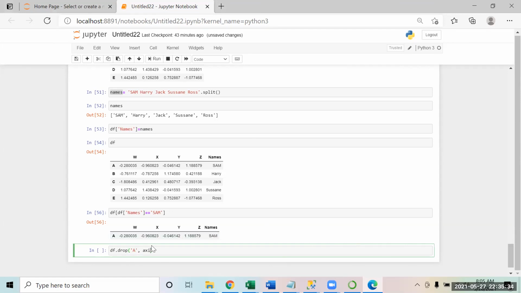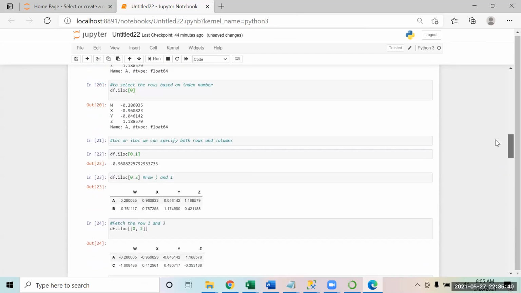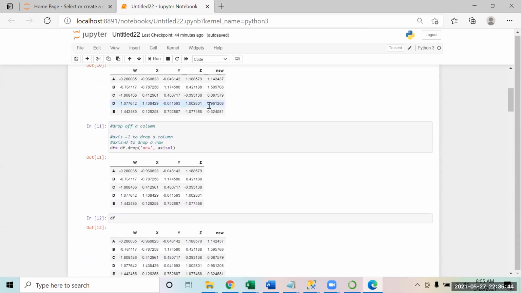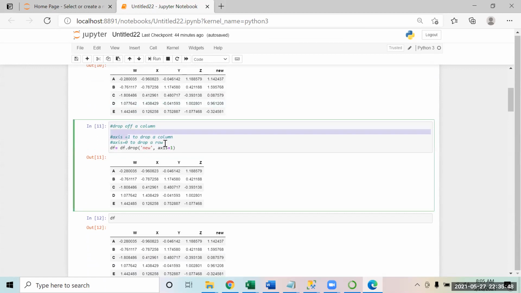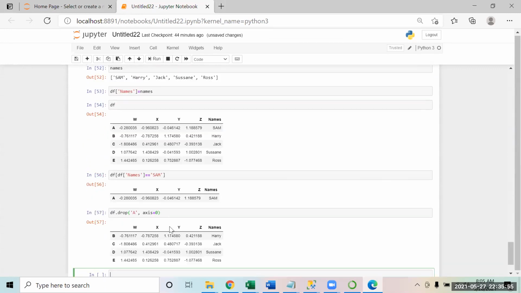Then you say axis is equal to 0. When you say axis is equal to 1, it will drop a column, and when you say axis is equal to 0, it is going to drop a row. So you say axis equal to 0 and run it. See, A is gone.